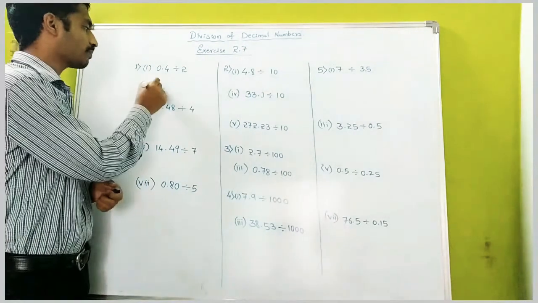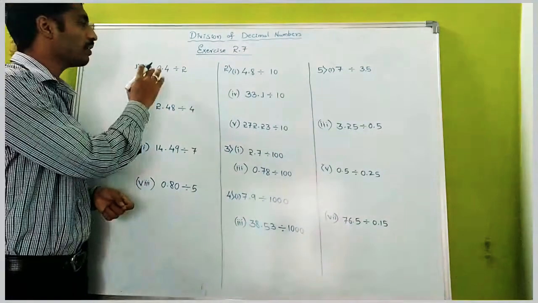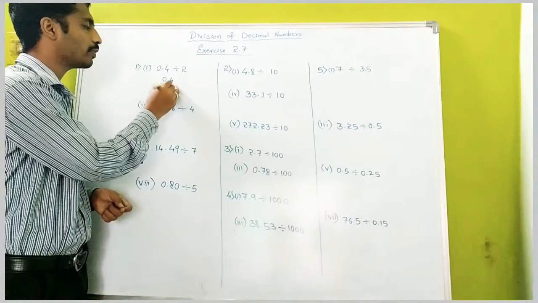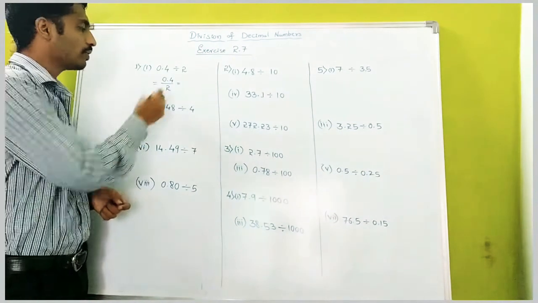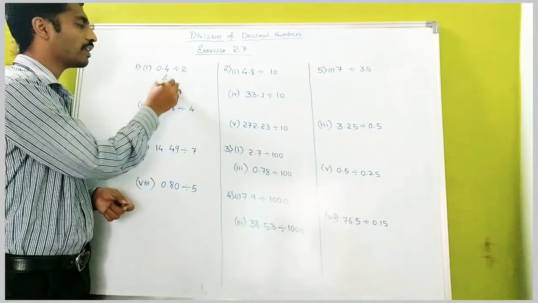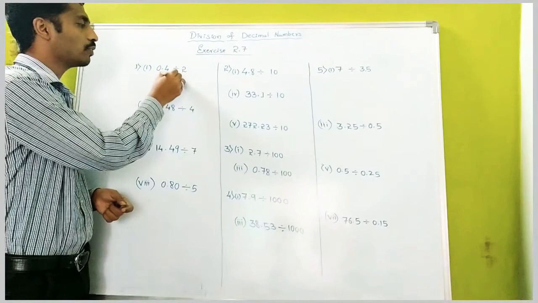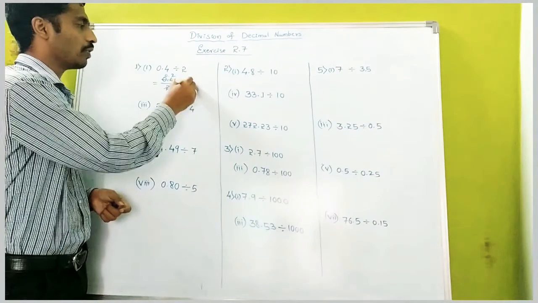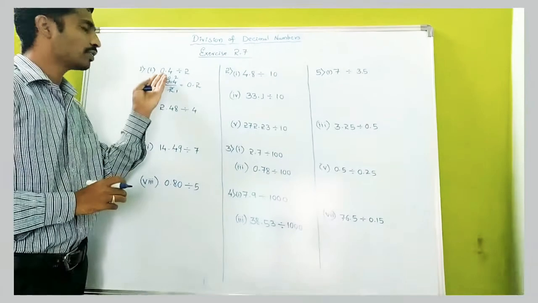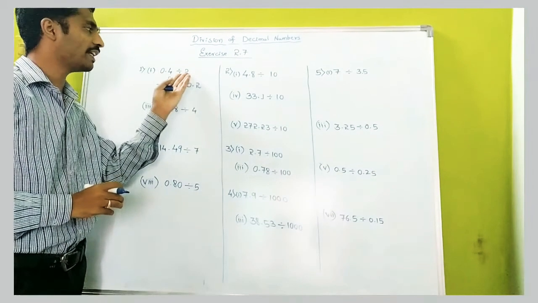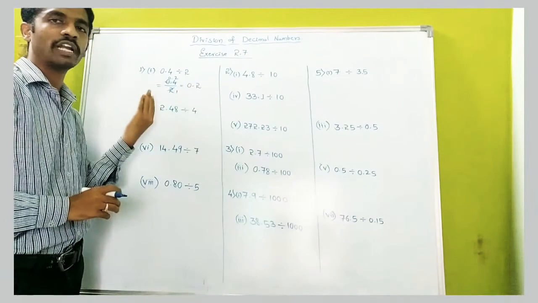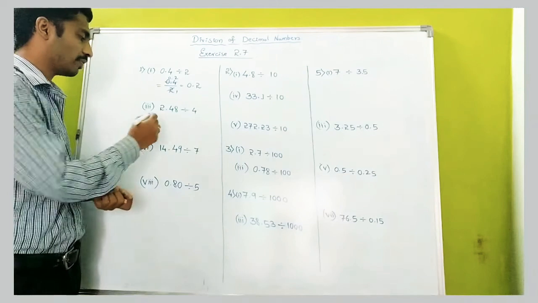So first one. 0.4 by 2. So you can write like this also. 0.4 by 2. Okay, so directly divide. 2 ones are, so 0 is there. Put the 0 point, and 2 how much are 4? 2 2s are 4. So our answer will be 0.2. So another method is there. Just ignore the point and divide it. Afterwards, put the point by counting from right to left side.